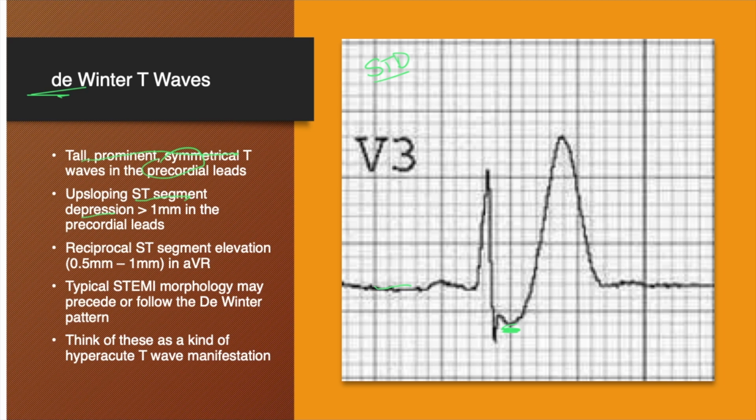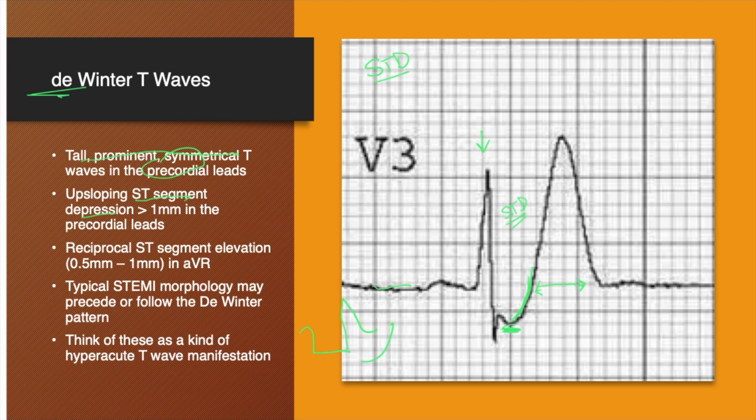All right, so there's basically downsloping depression, and then you have what's called horizontal depression, where it looks horizontal before you go into the T wave, and then you've got this upsloping depression. And it is this upsloping depression right here that is classic to De Winter T waves. So you've got large, wide, broad, tall T waves in comparison to the QRS, plus this upsloping ST depression. And when you see that, that is strongly suggesting that you are having an NOMI that tends to impact the